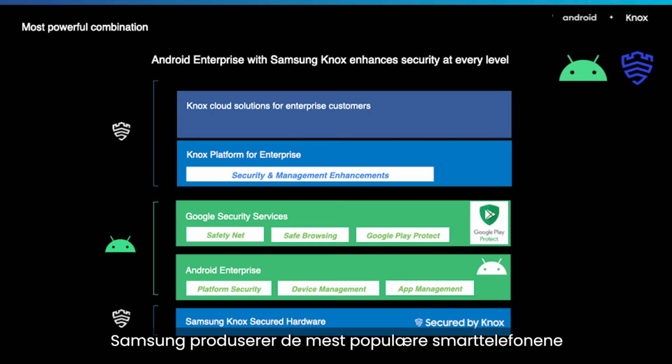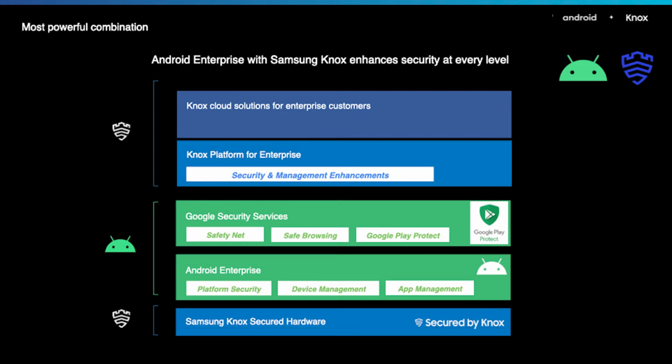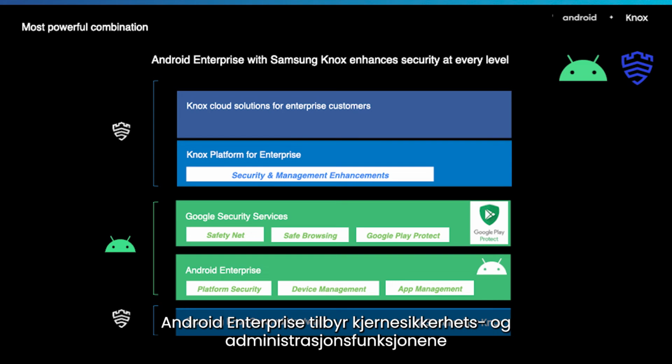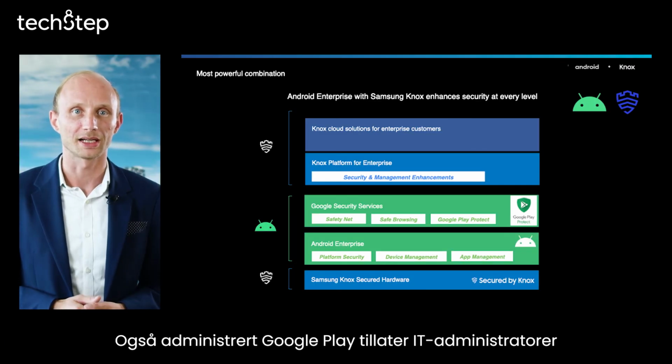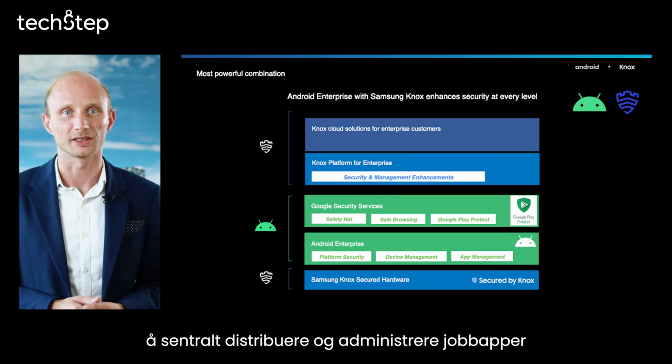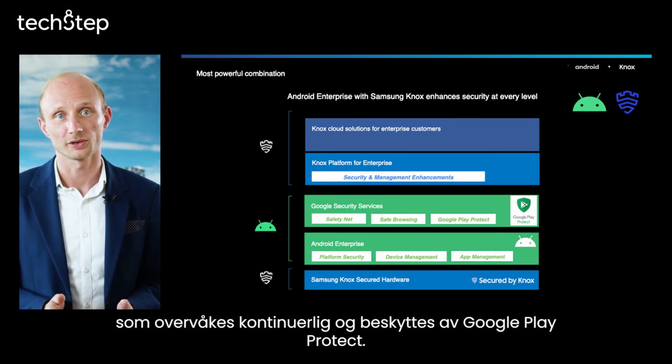Samsung manufactures the most popular smartphones and tablets on the market with security built from the chip up. Android Enterprise provides the core security and management features for different use cases on the OS platform level. Also, Managed Google Play allows IT admins to centrally distribute and manage work apps, which are constantly monitored and protected